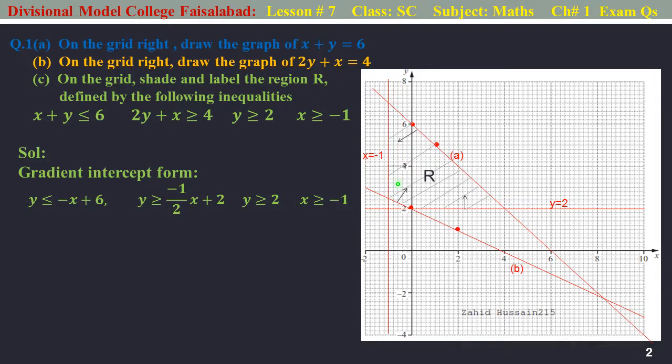So when you are asked to shade the region, you have to be careful. You will shade the region within the required boundary. But if you are asked to leave unshaded the defined region, then you can shade the unwanted region. The region which will be left unshaded will be your defined region. So this is what we have already studied, and this was a question from the past paper. Let's try another question.